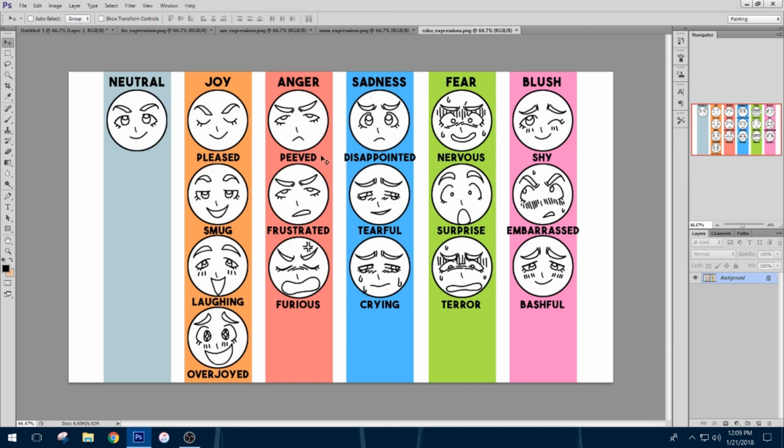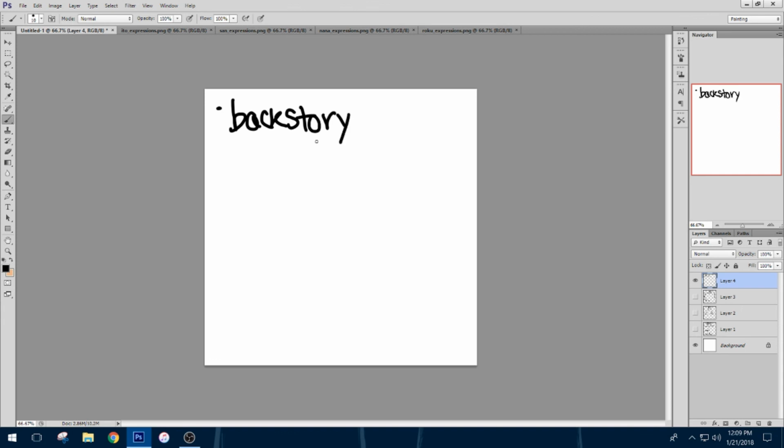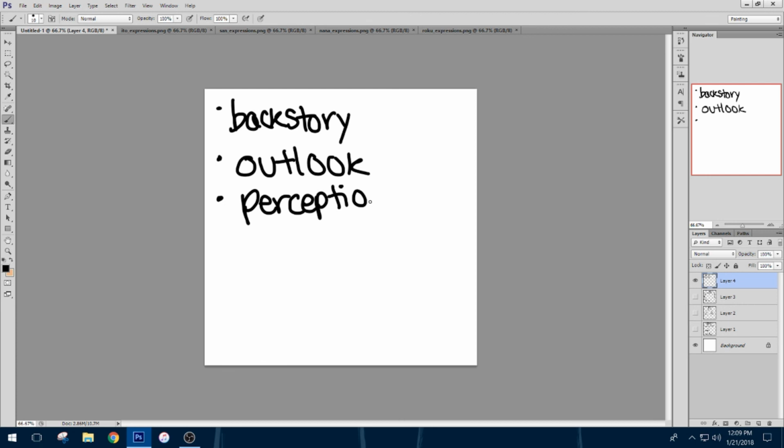Anyway, to summarize, these are the factors that you want to consider when determining a character's range and intensity of expression. So I'm going to write these down just to make it extra clear. The first one is their backstory. That could include where they grew up, who they spent time around, cultural norms, things like that. Their outlook on life, which is often informed by their backstory, how they want others to perceive them, any insecurities they may have,